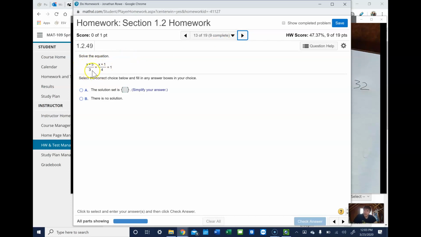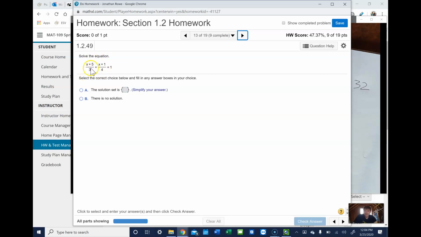Okay, this one is a rational equation, so it's going to be a little bit more difficult to solve by hand, but we can still do it. What we would probably want to do is multiply both sides of this equation by 12. That way, that will get rid of the 3 and the 4. When I multiply both of these terms by 12, the 3 would reduce with the 12. The 3 would become a 1, the 12 would become a 4. The 4 would become a 1, the 12 would become a 3. So now the denominators would be gone,